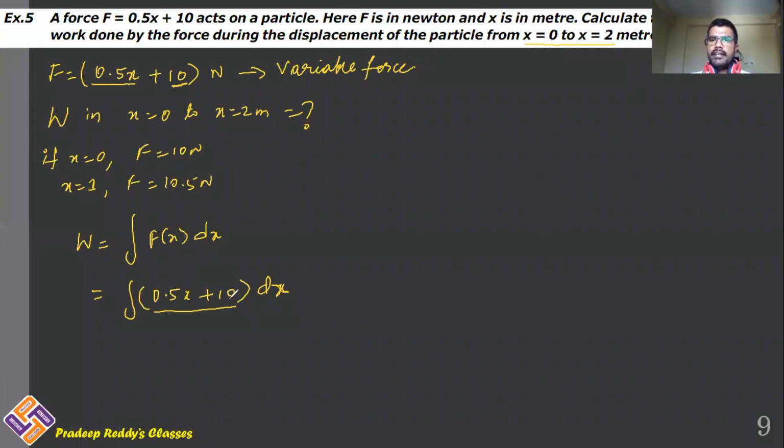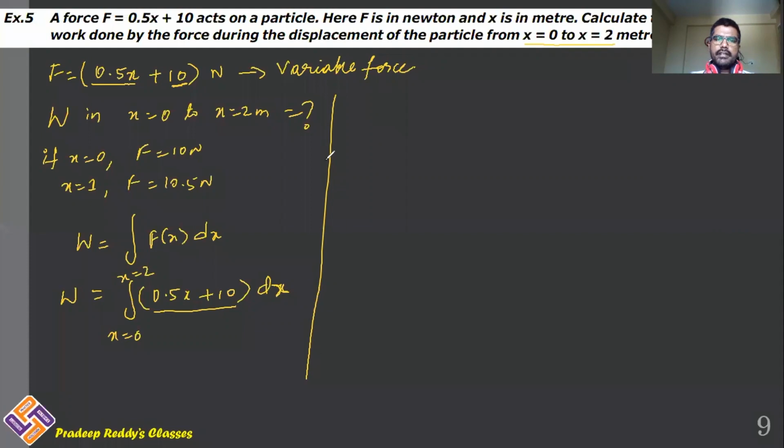If you are not taking 10 here, then that becomes a mistake, because 10 is not along the y direction. 10 is not along the x axis. 10 is added for x as well as y. It may be a constant, and it can be added in x, y, z, any axis. So here along the x axis also there is a constant 10 added to that force. That's the reason why I am taking 10 here. Now the integration limits: from where to where is the body moving, from x is equal to 0 to x is equal to 2 meter. Now substitute that here.